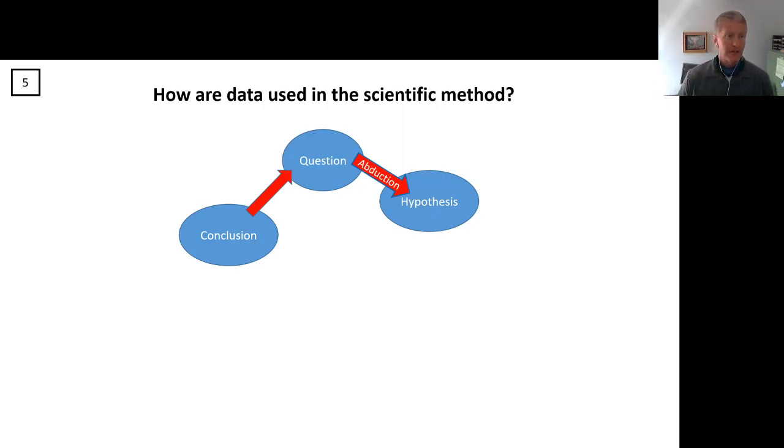You might be familiar with terms like induction and deduction. Well, abduction is specifically the form of reasoning you use when you're looking for an explanation for something, or I would say when you're trying to explain causality. So if you have a question about some pattern that you're seeing in data, your hypothesis is then you saying that, well, I think that this particular causality is at play that's creating that variation that I'm observing.